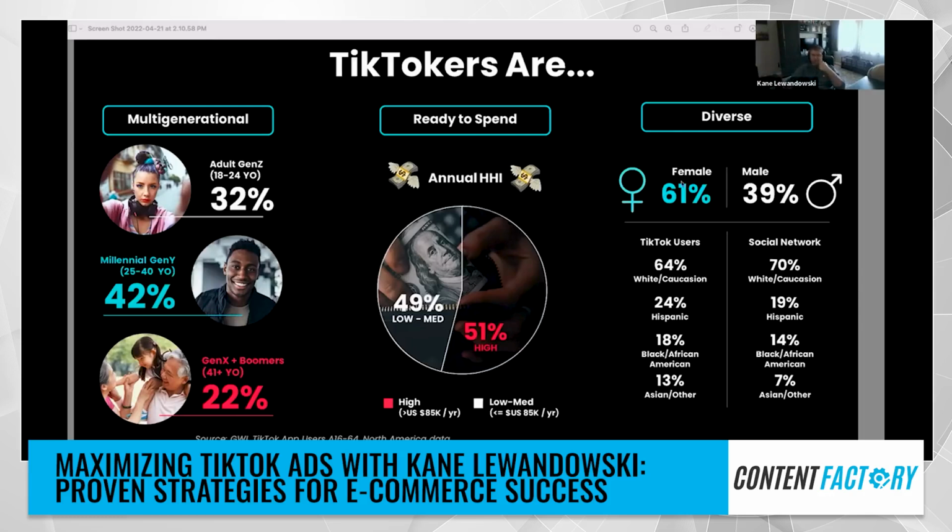Here we got females. There's more females than men using TikTok. Why is that? I don't know, that's actually a very interesting question. I never really thought about it that much. That seems wild, right? Because other social networks are closer to 50-50. But it's good for me because I'm advertising beauty cosmetic brands, so this is perfect for me. So for me, it's whatever.